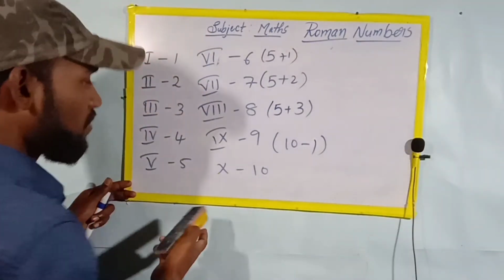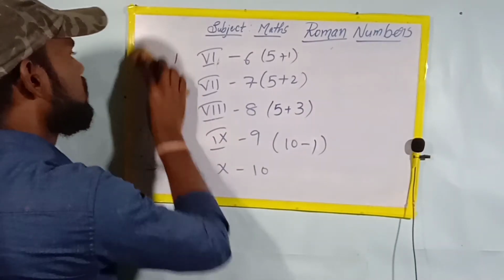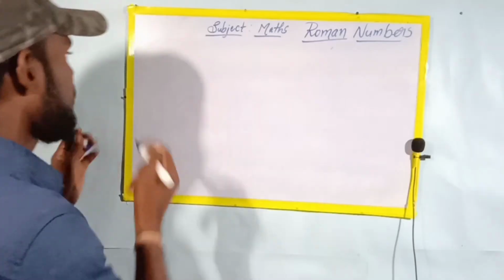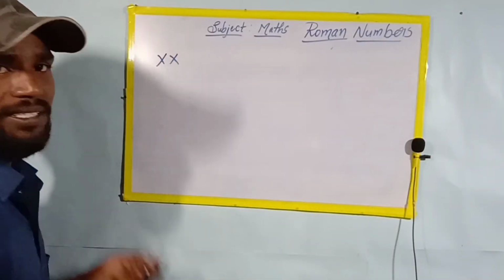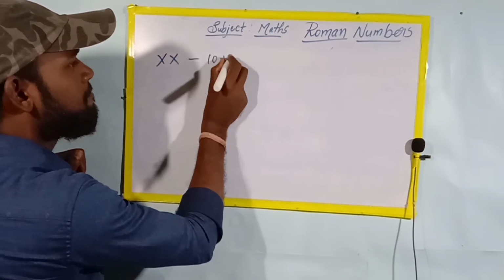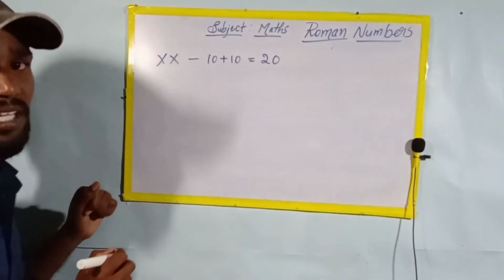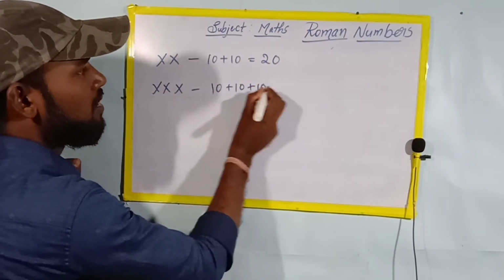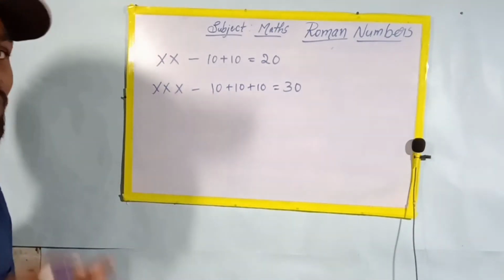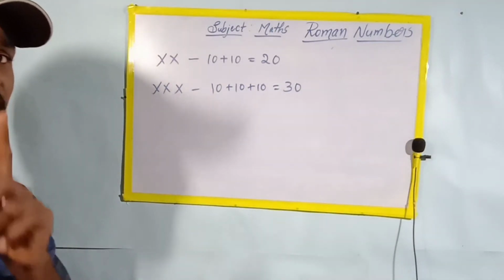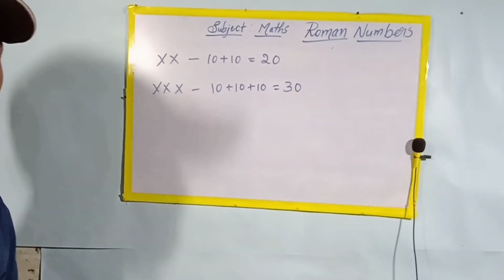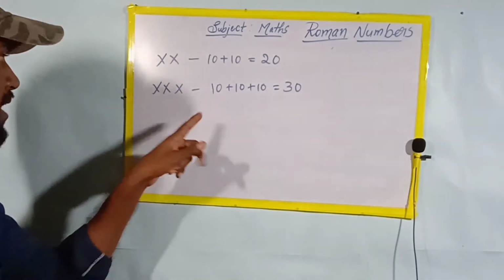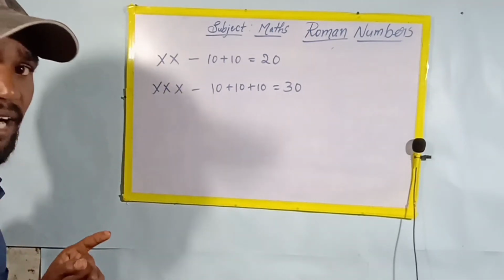Now see here. Up to 10 completed. Now 20. How to write 20 in Roman? XX is 20, 10 plus 10. That is equal to 20. Everyone clear? Now XXX is 10 plus 10 plus 10, that means 30. But 40? What is the rule here? No letter should be repeated more than 3 times. Already 3 times completed, so we don't repeat it. If we want to write 40, you don't write four X's. It's wrong according to the rule.